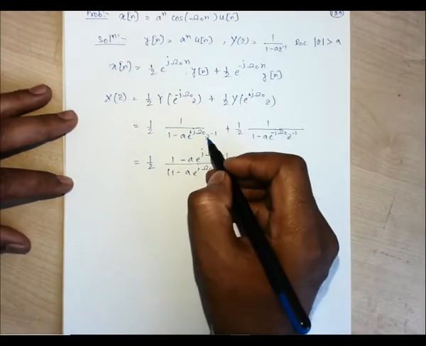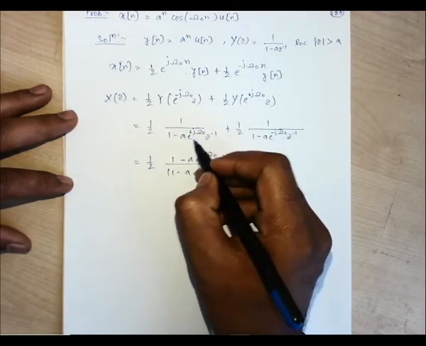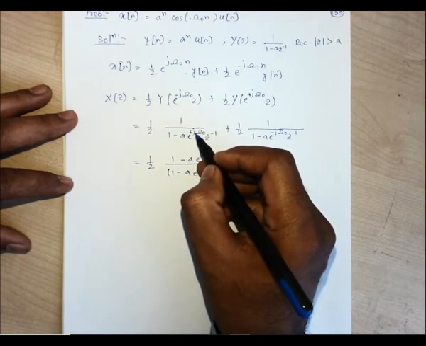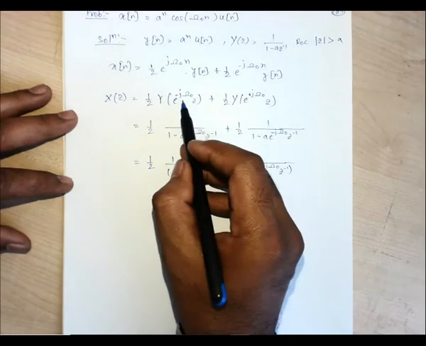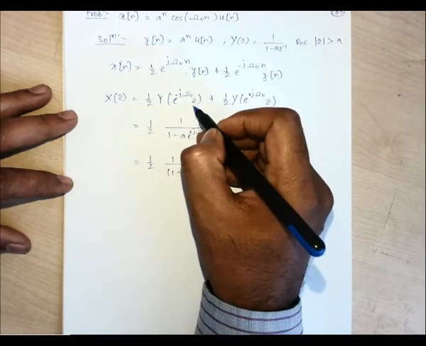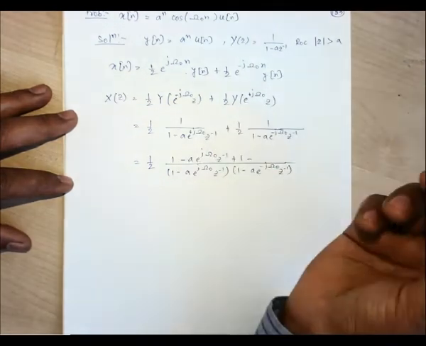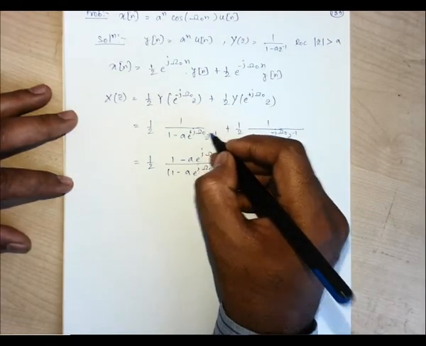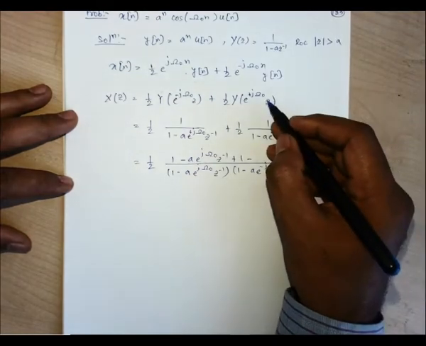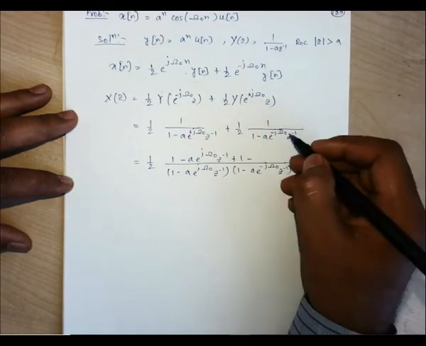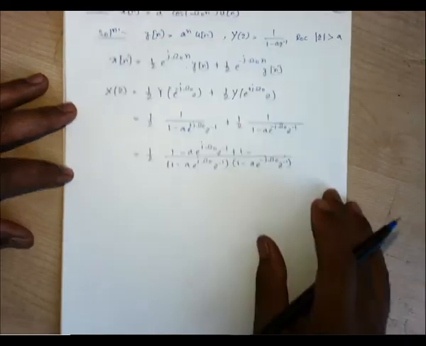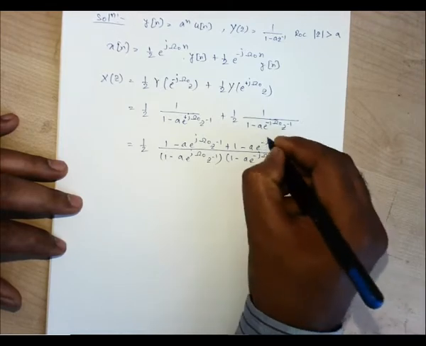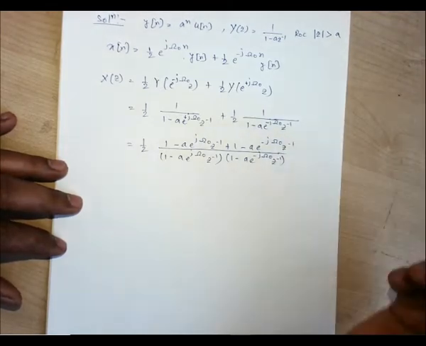So what is this z inverse? Z inverse is z into this part. So this is the inverse of this part. So that one will become positive, right? It is e to the power, means it is z by e to the power j omega naught. So if it is inverse, so z inverse into e to the power j omega naught, and for this case z into this part is multiplied, so it is inverse, both of them will be inverse. So after that, if you go with this, that will become e to the power minus j omega naught z inverse, right?